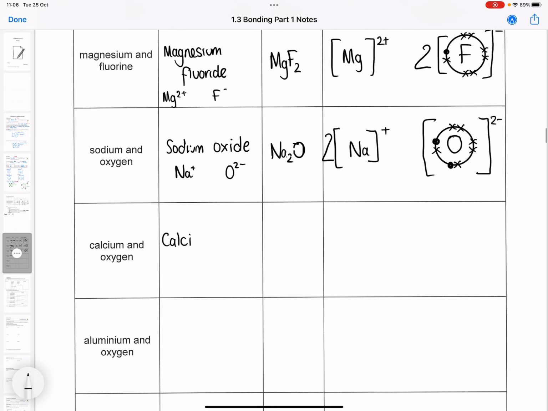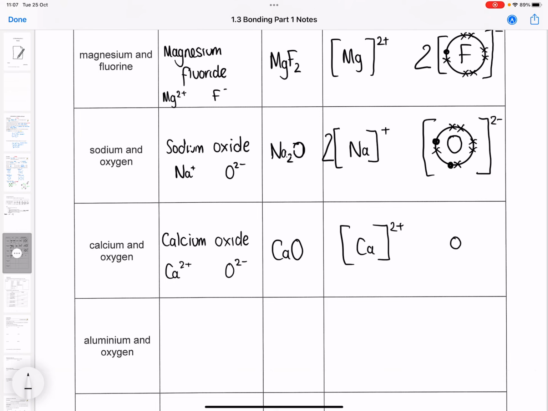Calcium with oxygen, calcium oxide. So you locate them in the periodic table. Calcium's in group 2, oxygen's in group 6. Group 2 lose 2, group 6 gain 2. Calcium oxide. So the metal doesn't have any outer shell electrons and it has a charge equal to its group